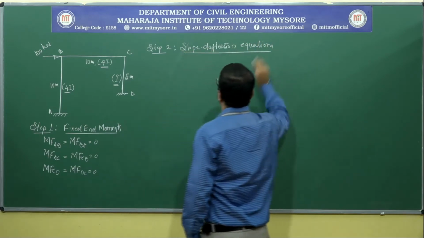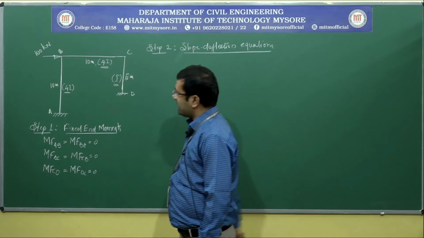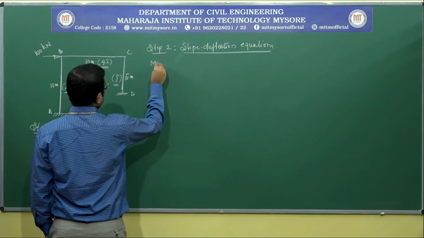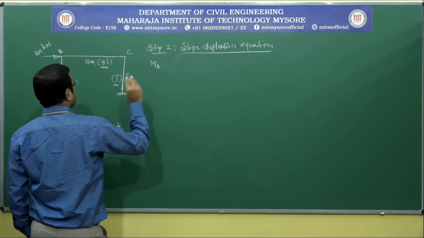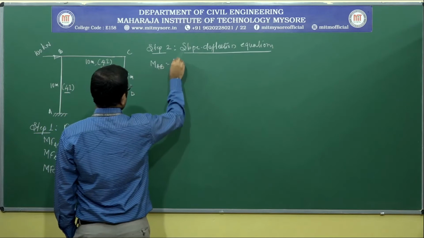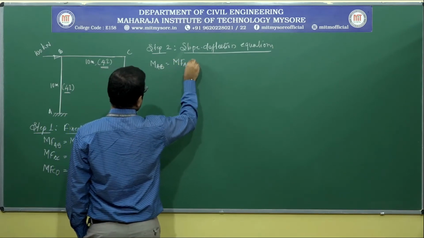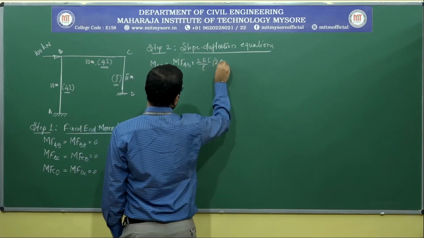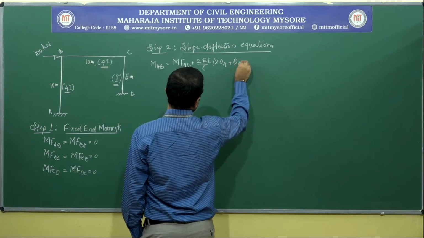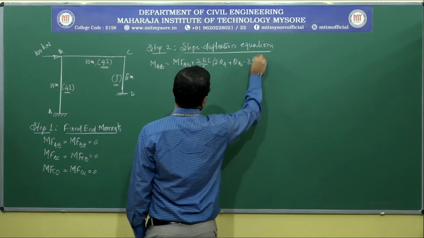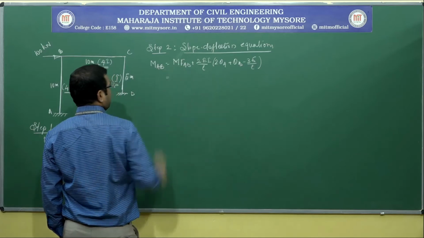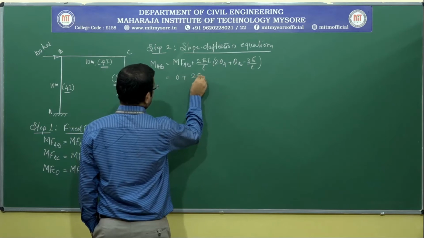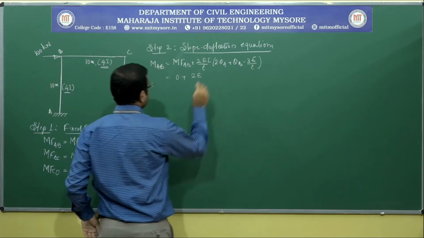Okay. So the fixed end moments for all the three members are 0. So we need to write the slope deflection equations for all the three members, starting with MAB. MAB is equal to MFAB plus 2EI by L into 2 theta A plus theta B minus 3 delta by L. Right. The fixed end moment for member AB is 0 plus 2E into I value for member AB is 4I